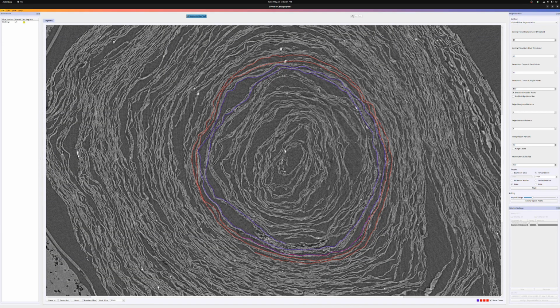Okay, now we've annotated. We've got things how we want them. And now we're going to come over here to the right pane, and we have our parameters for segmentation. And I'm going to set these. I'd like to see the defaults, just 60, 70, then 80. That's a good amount. The only thing to really think about is the smooth and curve at dark points and